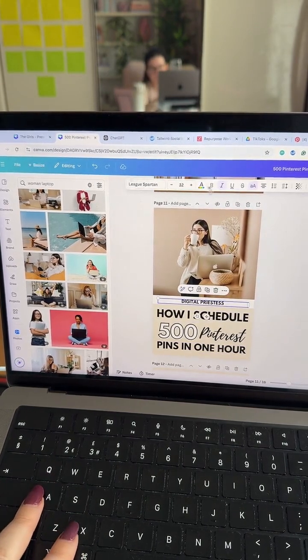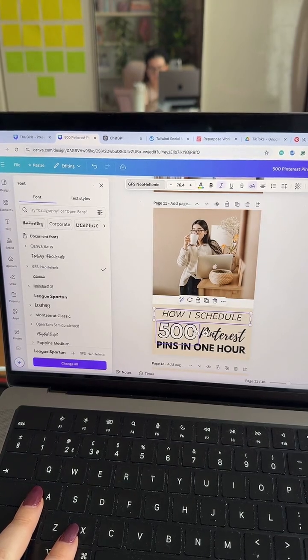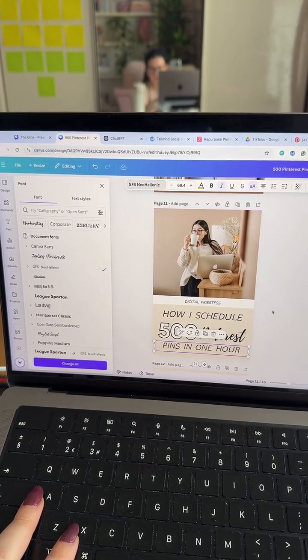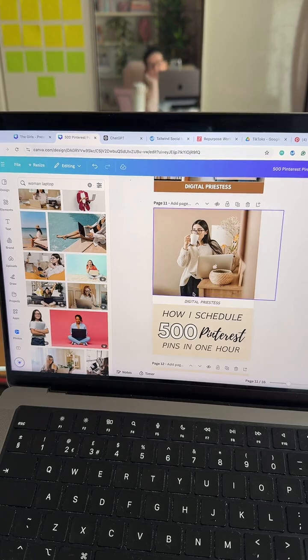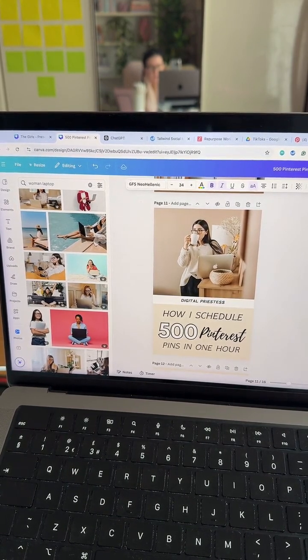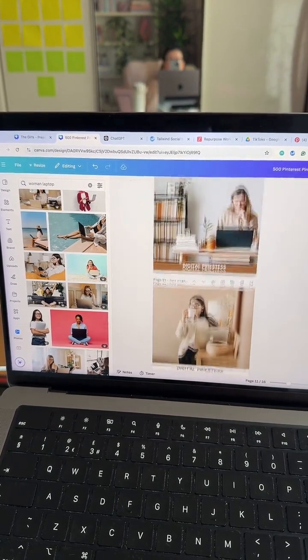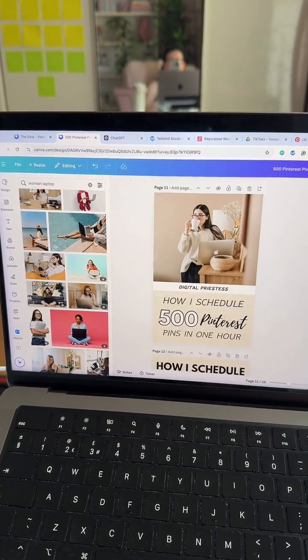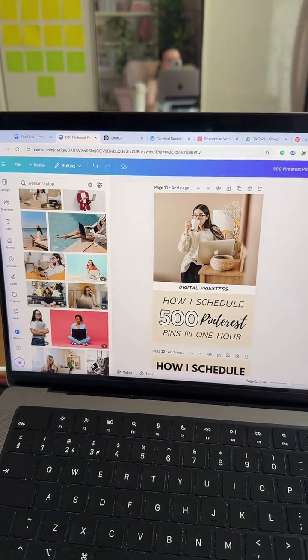Okay. Now let's change some of these fonts. Okay, so there we go. Now we've got a slightly different pin. I'm not too keen on this. This isn't doing it for me. Let's make this a little bit bigger. Okay, so again, we've now got two different styles, but again, still similar, so I know that it works.